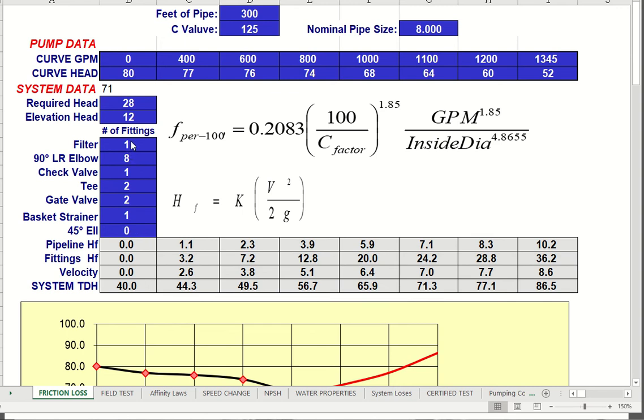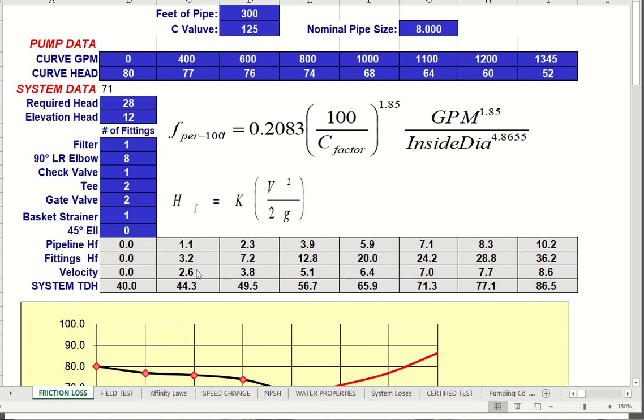will work. So all of this information is calculated, and then it starts to generate information in this gray table down here. You'll notice that the pipeline friction loss, H sub F, is the acronym for friction loss, or head friction, if you will, and the fittings. The velocity is 0 because our flow rate is 0. We have 80 feet of head, and so as we start to flow water, then the restriction to flow starts to